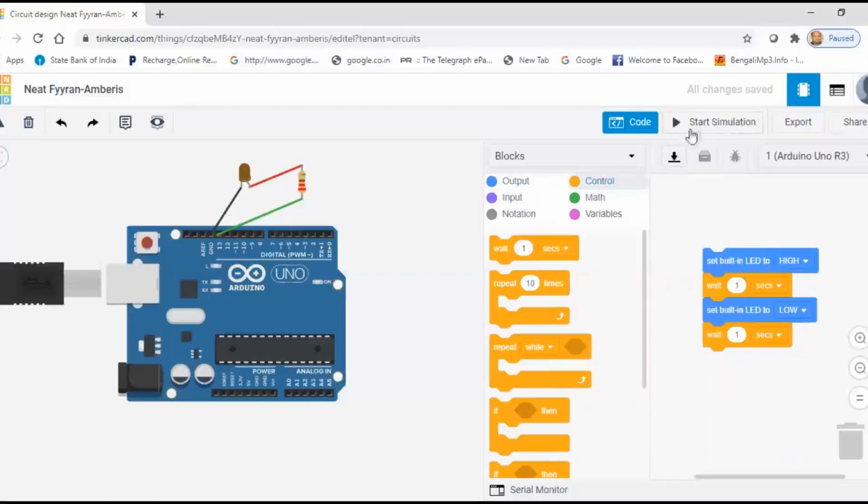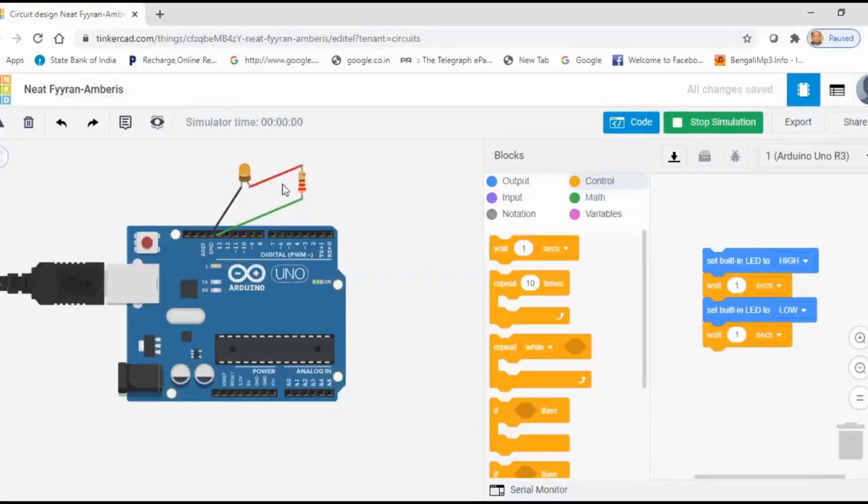Now this is the start simulation button. Just click this button, and after clicking, you see this LED will turn on and off after a certain timing. The timing is 1 second. Now if we want to change this timing, just click here and set 5 seconds on and then 5 seconds off.